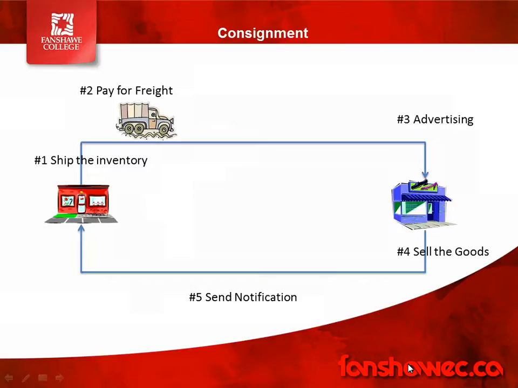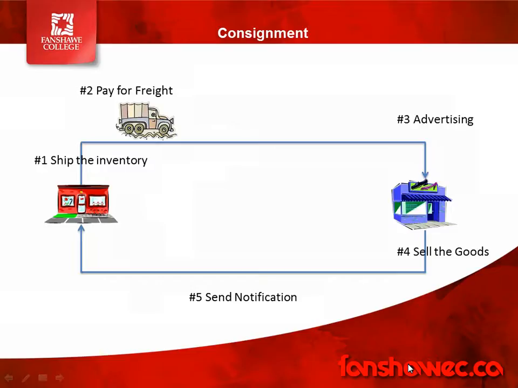So when the store in Vancouver sends that notification, they recognize that transaction. They recognize their commission revenue, they clean out their payable, they clean out their receivable, and they send us a net check. When we get that net check back in London in the mail, that's when we get to recognize revenue, because it's not until that point that we actually know that the store in Vancouver sold any of our